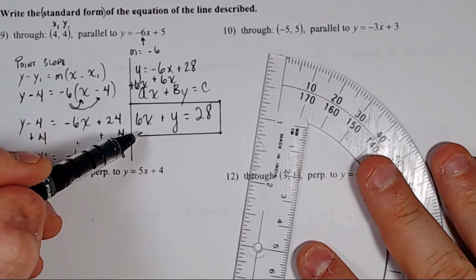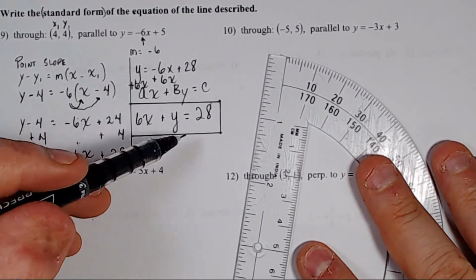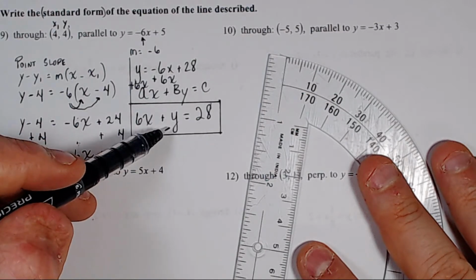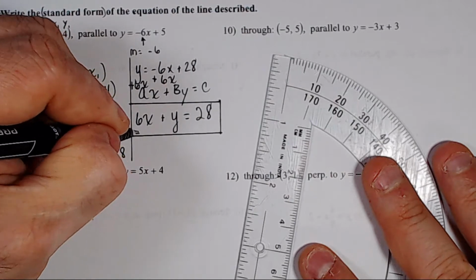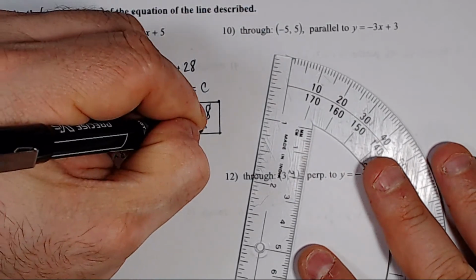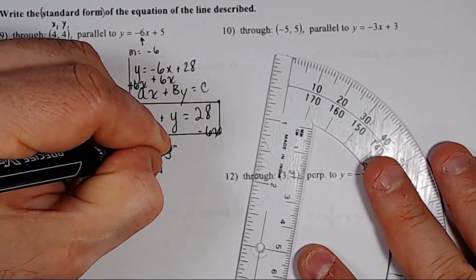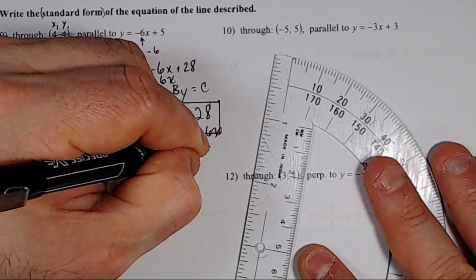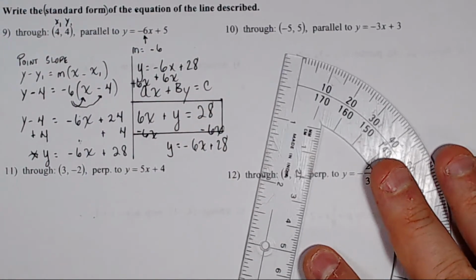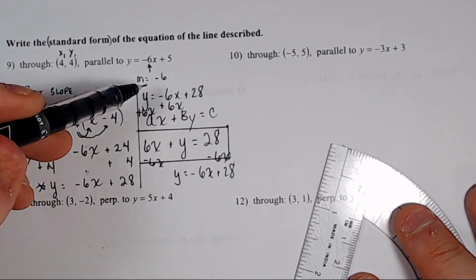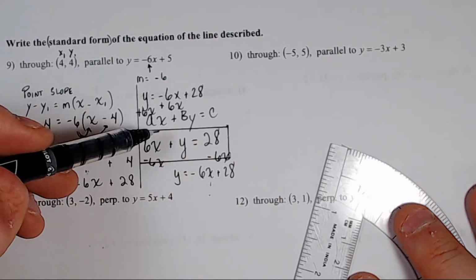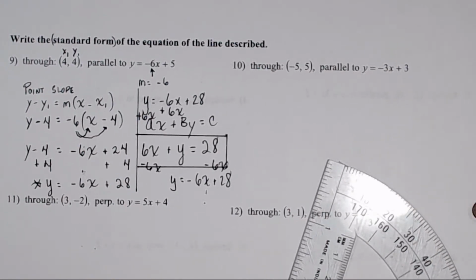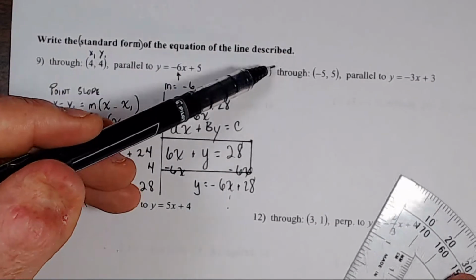So when you see a line in standard form, you can always get this line into slope-intercept form real easily. When we put it back in slope-intercept form, we would just subtract out 6x on both sides, and we would have y equals negative 6x plus 28. So we're really just switching between notation styles, one form to another, slope-intercept to standard, standard to slope-intercept. And that's how you do number 9,